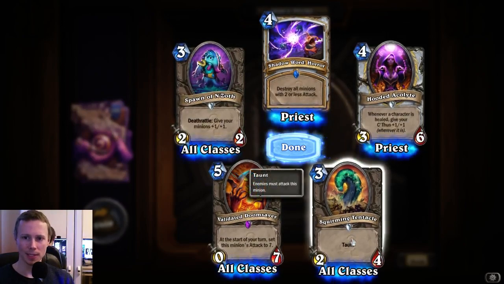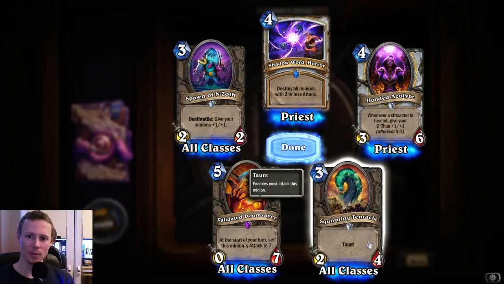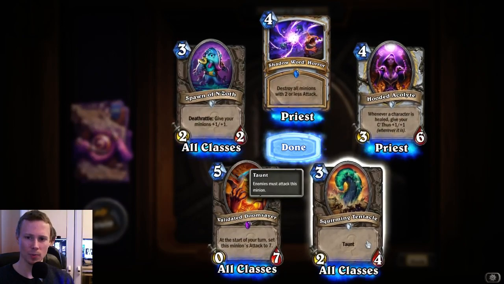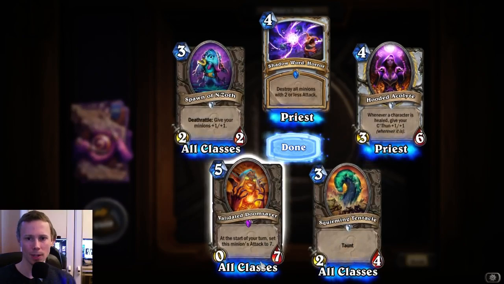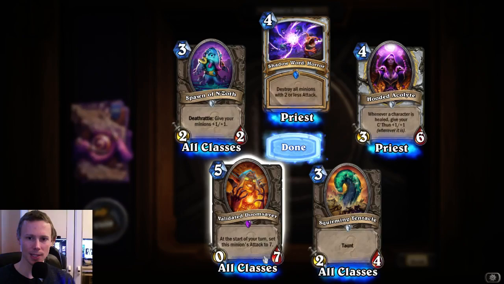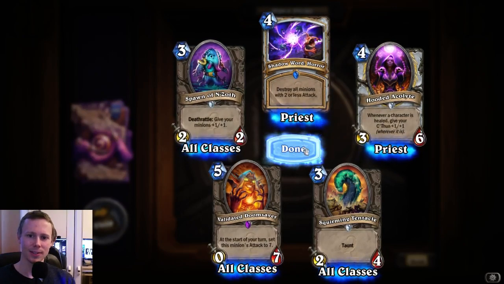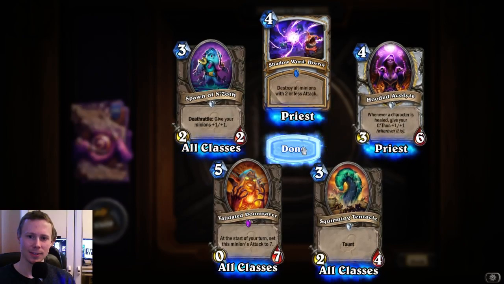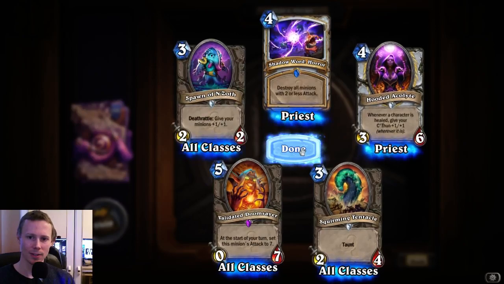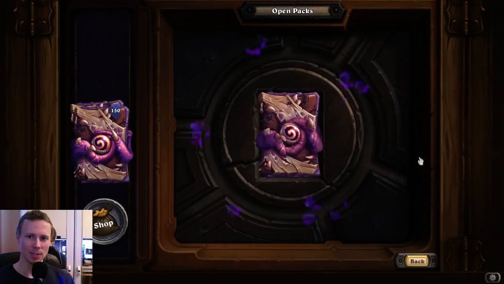Yeah. Squirming Tentacle for 3 mana, 2/4. Taunt. Better than the Silverback Patriarch or Matriarch, whatever it's called, which is a 1/4 taunt, so that's power creep. Validated Doomsayer. 5 mana, 0/7. At the start of your turn, set this minion's attack to 7. Huh. Would anyone play a 5 mana 0/7 though? I don't know if that's just really bad or not. I'm sure someone's going to make that work, but...